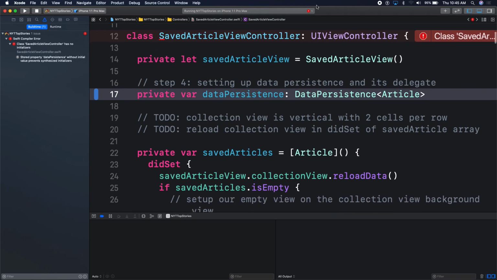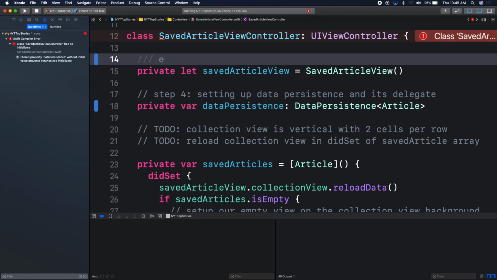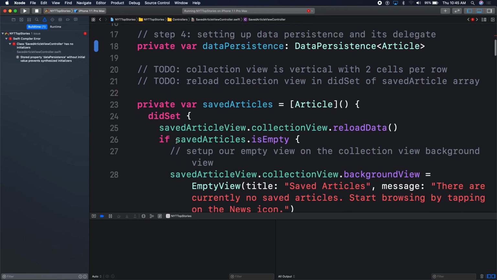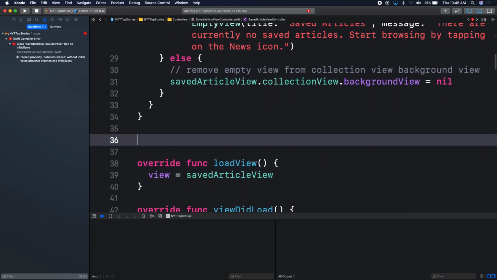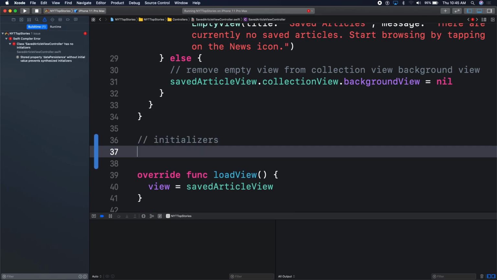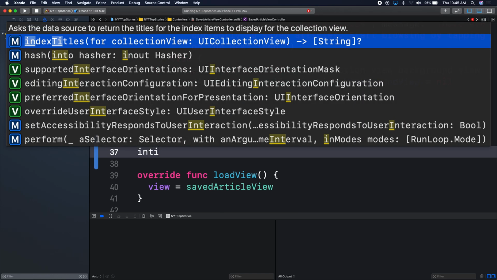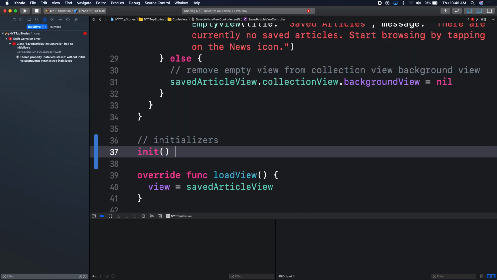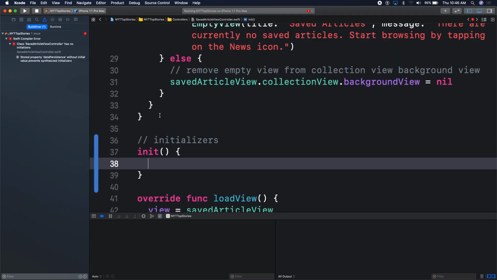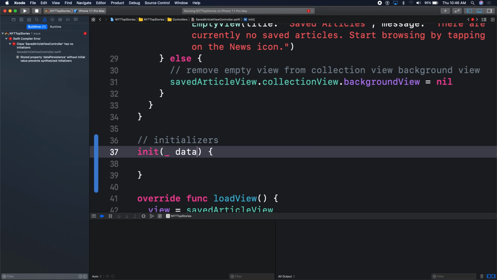Cool? All right, so we have our properties up here. Properties. And this is still property. And above our viewDidLoad, we'll say initializers. And here, what does it need? Just data persistence, right? Yes? Yeah. Okay. So init data persistence, type data persistence, generic type article,